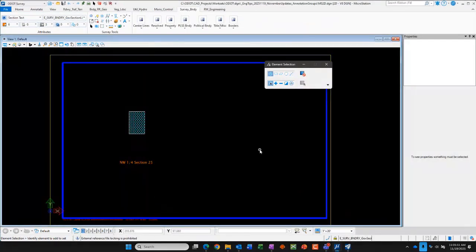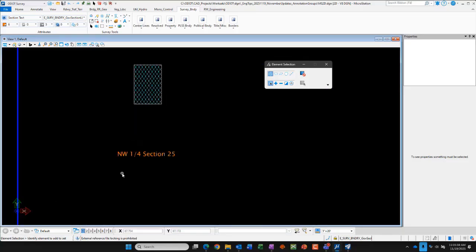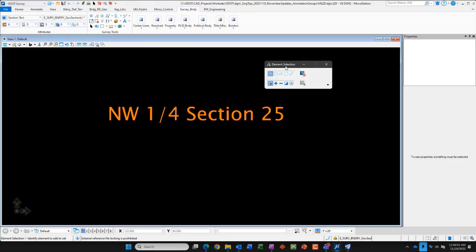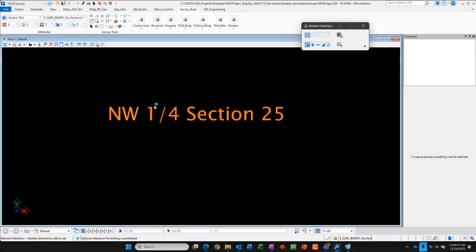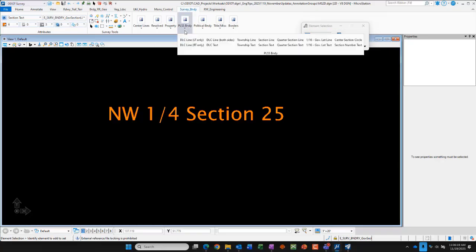and bring MicroStation to the front. So in this MicroStation file, you can see this is the same file that I drew the patterning in. And what I've got is just a piece of text placed. If you look at the Workspace Update PDF, you'll see this same text, and it has a fraction in it. Normally you will be performing your work on the ODOT survey ribbon workflow, maybe you need to place some township text or section text, and you will choose the text off of the ribbon workflow. I'm just going to choose the township text,